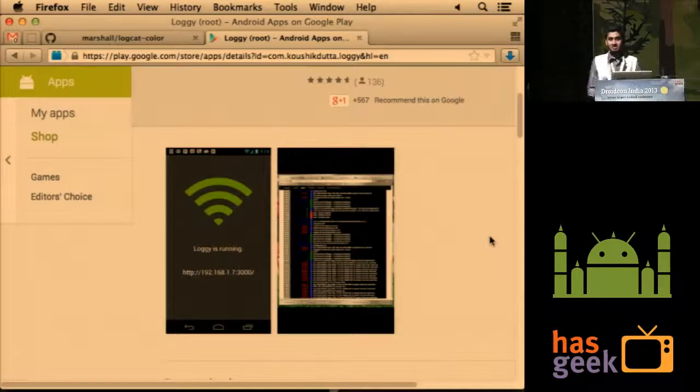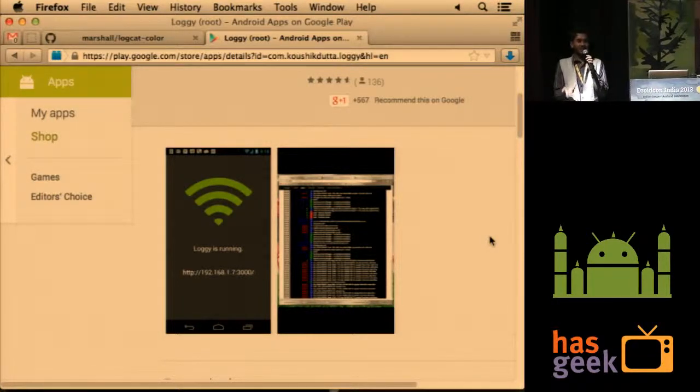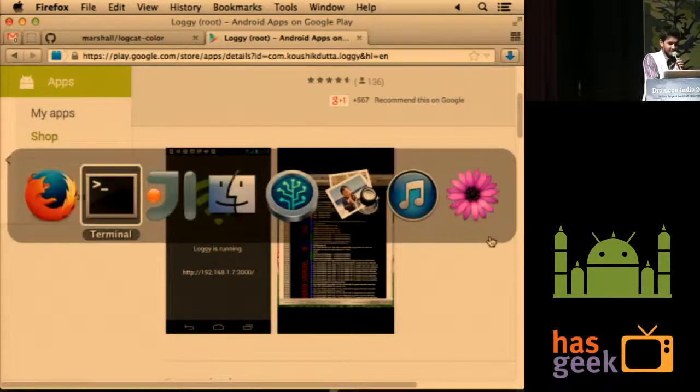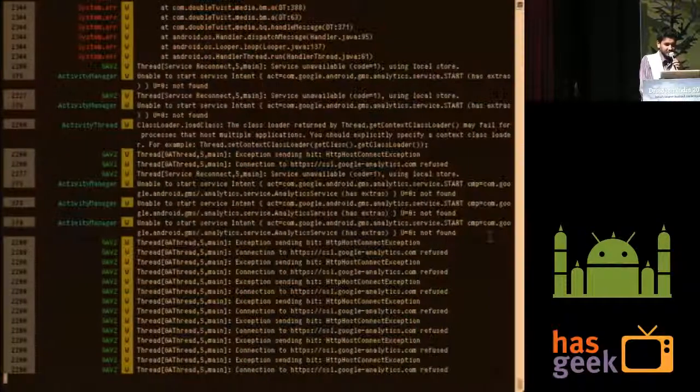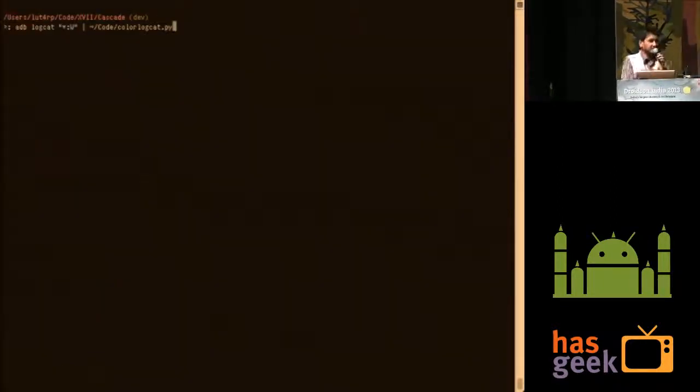Pratul, the last time I looked at Color Logcat, they didn't support filters. Is that there now? So basically, Color Logcat actually doesn't do anything to the Logcat. It just filters whatever you give. So if you notice, when I go here, I'm filtering here by one second. You notice I'm filtering only warning messages here. I specify my filters in Logcat, whatever I have to specify, and then I pipe them out to Color Logcat.